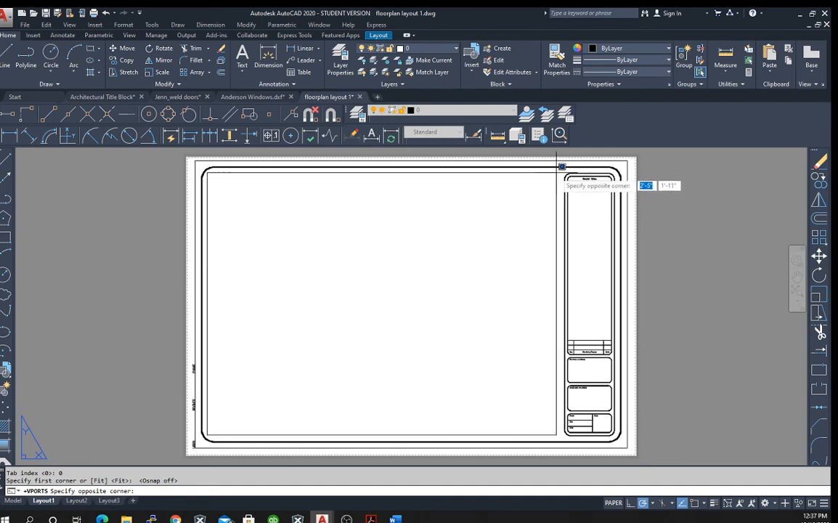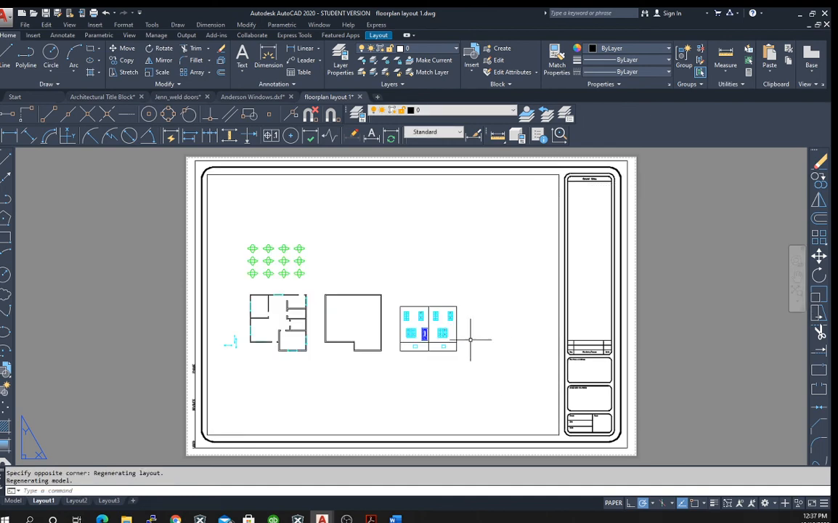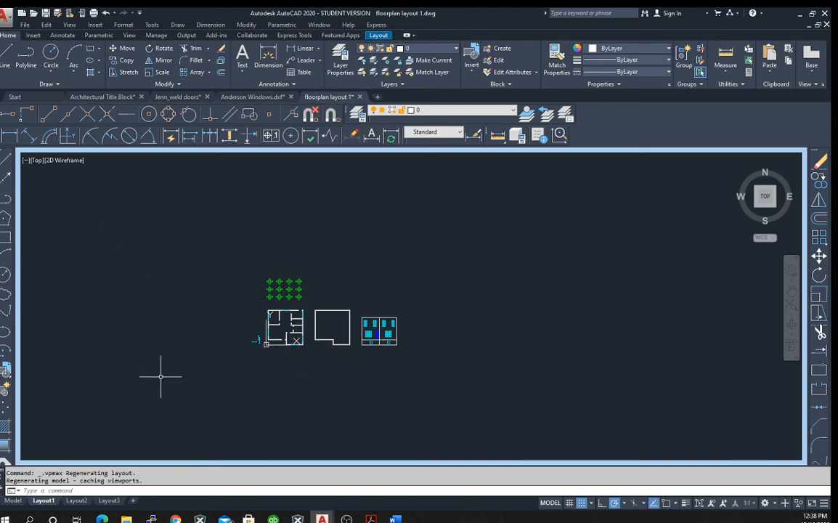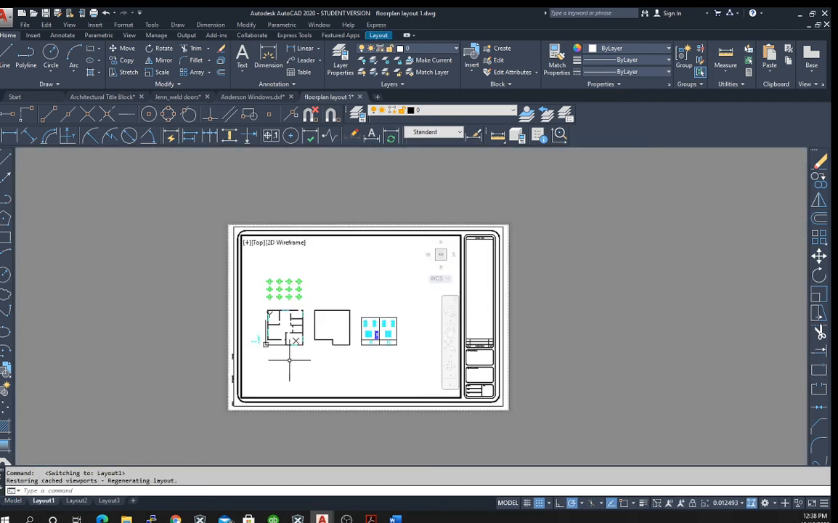Draw in your viewport. You're going to get everything. You don't want everything. So what you need to do is you need to click on your viewport. If you double click and go back to your layout, go back to your model. Click on your model, then click on your layout. You'll come back to this. Once you're here,